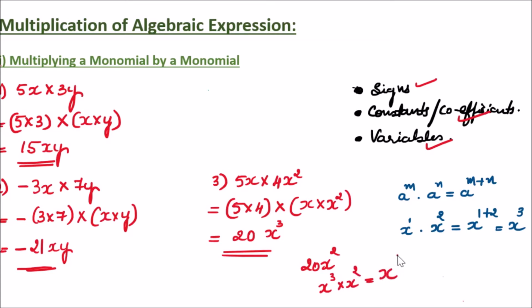They will write x raised to 3 to the 6, no? So it will be, write... okay. So it will be x raised to 5. 3 plus 2 will be 5. This is your right answer. This is your wrong answer. Okay. So be careful with all such things. When you practice, you will understand it more clearly. Okay. Do practice. Keep practicing.